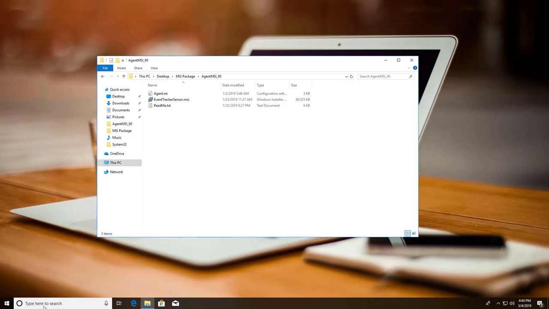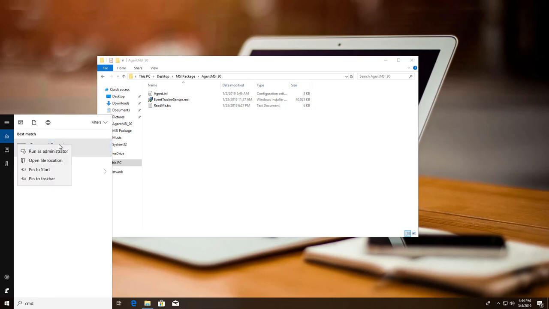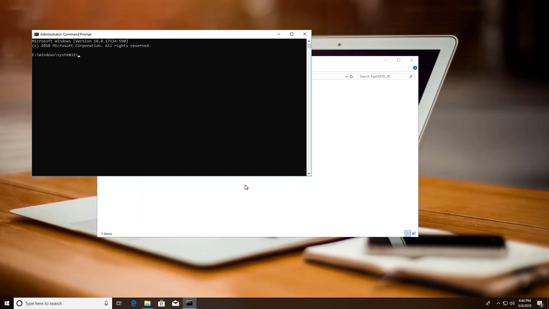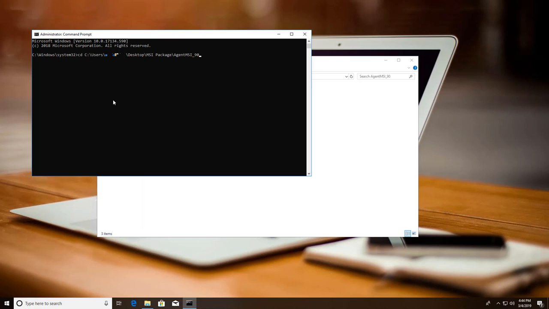Now launch the command prompt as an administrator and change the directory to the agent MSI folder path. Type the command as shown here. Please note that in case you wish to have minimal screens while proceeding through the installation wizard, you can add the parameter minimum GUI as 1. Execute the command,